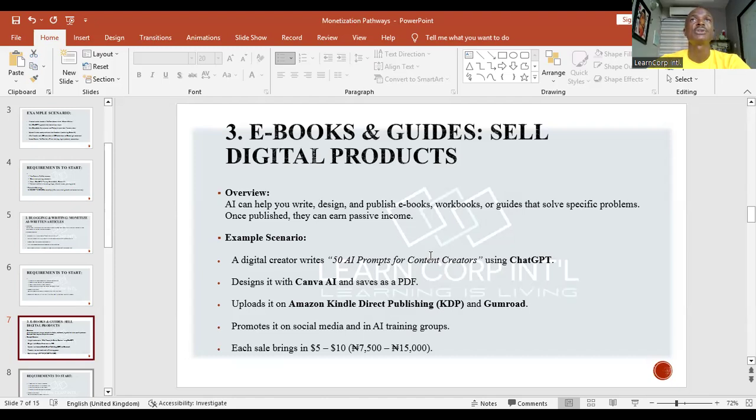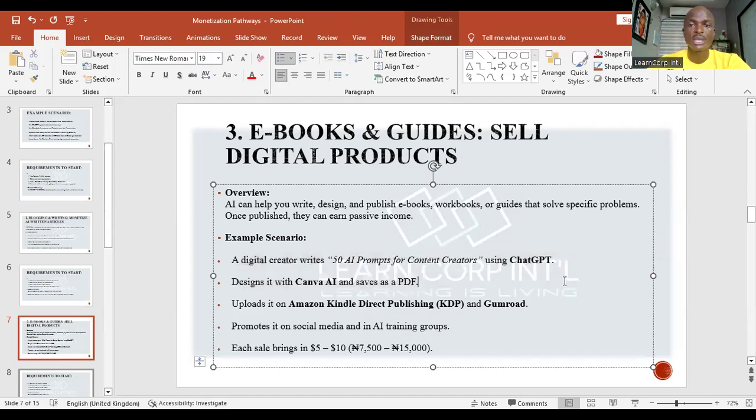And all you need is your storyline, your idea, and the information you want to push out there to the world. And when you give prompt to some of these books, we looked at ChatGPT right here as, you know, a creator, and you design it with Canva and save it as a PDF and upload it up there. You go to Amazon, you can create an account with Amazon and Kindle or Gumroad. This is what Gumroad looks like.